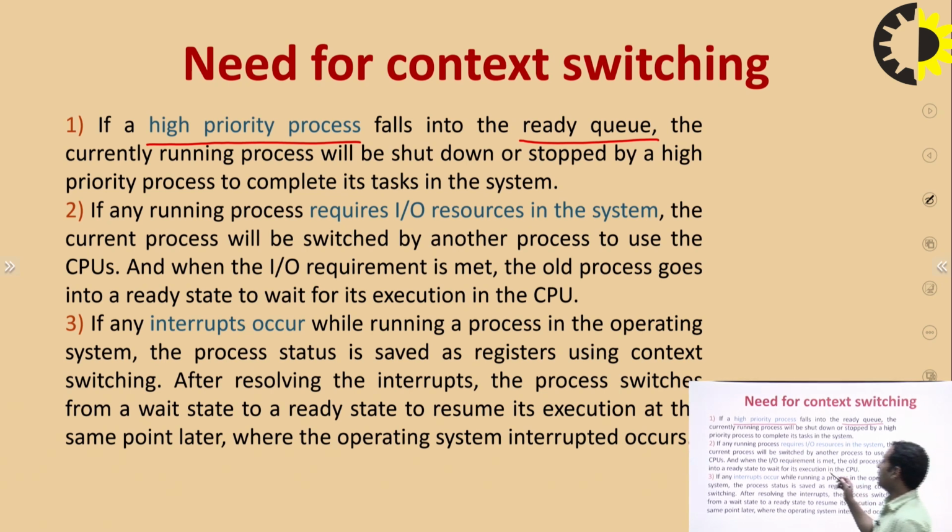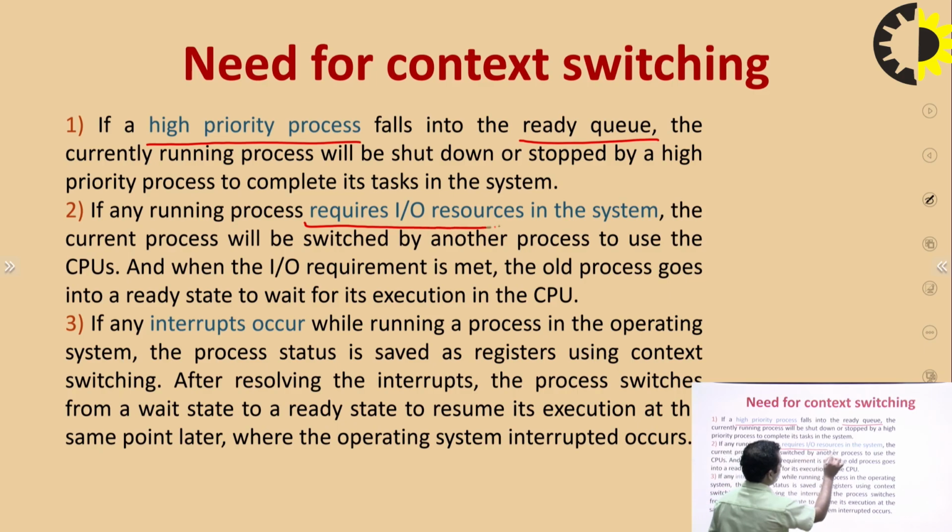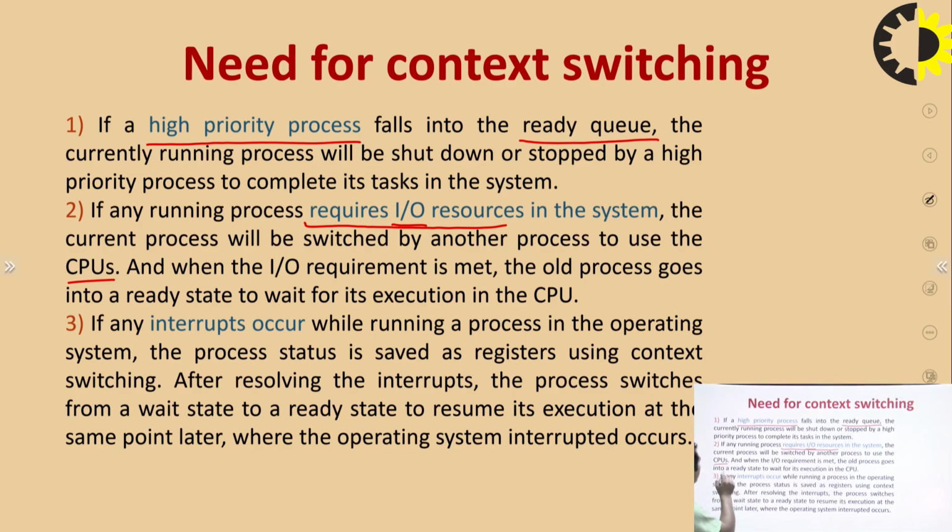Another requirement for context switching is if the running process requires some input output operations, needs some input output resources, the current process will be switched out by another process to use the CPU. If the current running process requires input output, then there is no need to keep executing it and the CPU becomes idle. We don't want the CPU to become idle, so what to do? Load another process at that particular time. And when the input output requirement is met, the old process goes into the ready queue